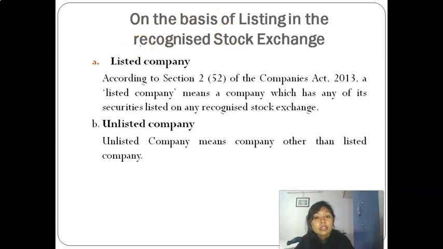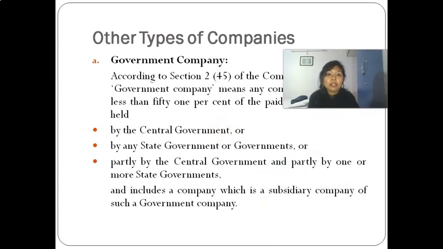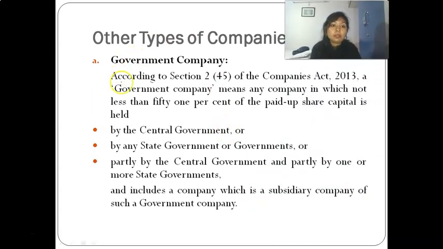Now, on the basis of listed, I had already explained this. Listed company is defined under section 2 clause 52, which says listed company means a company which is listed on recognized stock exchange, and unlisted means a company other than the listed company. Now, other types of companies, there is government company. Government company means a company